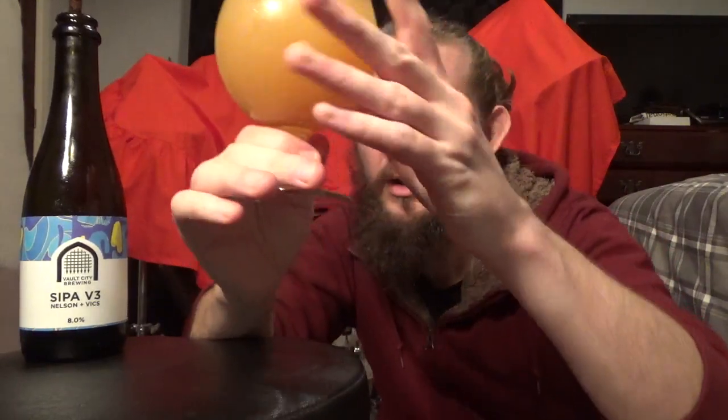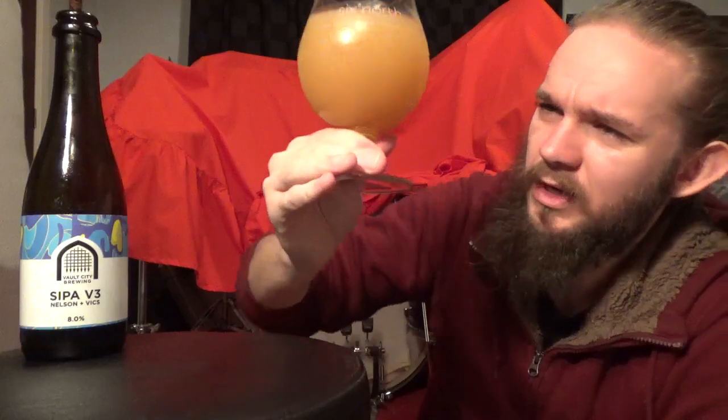But you can see this beer had virtually no head when we poured it out, which is interesting considering there's wheat in there. Usually wheat helps head formation and retention, but like I say, in terms of the colour, a lovely pale, almost peach juicy type colour there, a lovely pale yellow. One or two big bubbles sticking towards the side of the glass. You can see a few just going up towards the surface there, but overall it does look pretty nice,